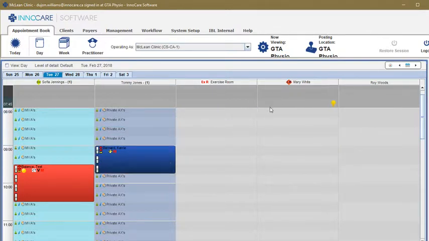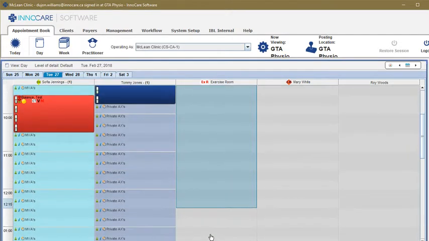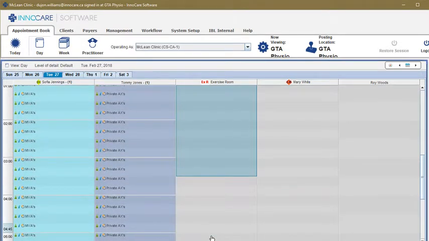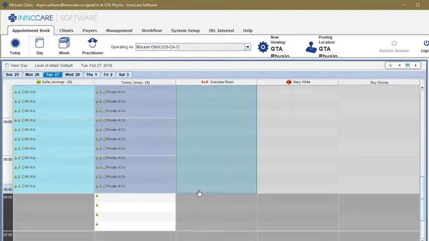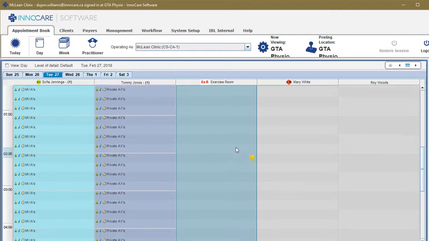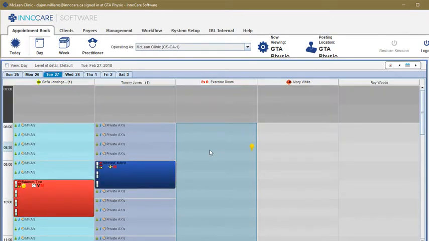So we'll go back to the day view, where we have your entire schedule there right in front of you. And here you'll see the grayed out areas. These are unavailable areas on the schedule. So to make this available, very quick and easy, all you have to do is click and drag and drop. So let's say your clinic is only open half day on weekends or certain times. You can preset these availabilities very quickly and easily, just by highlighting and then right clicking and then modifying the